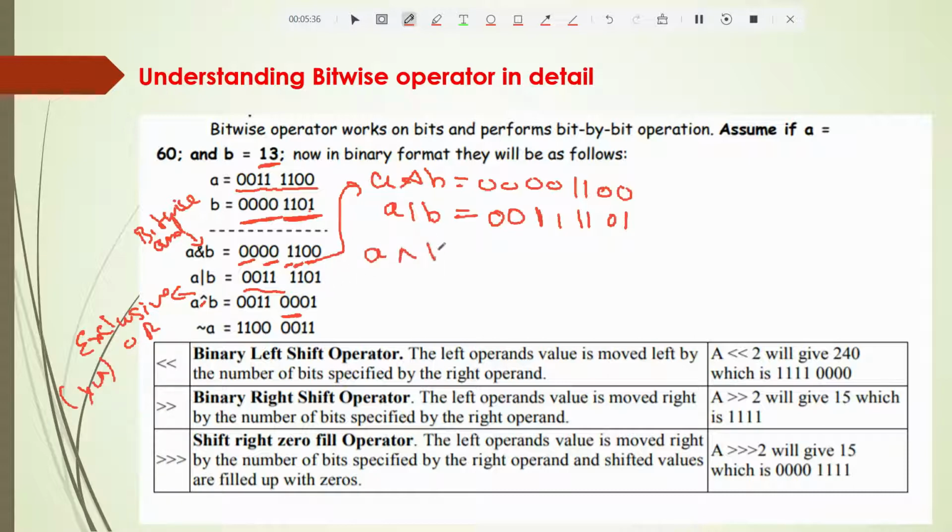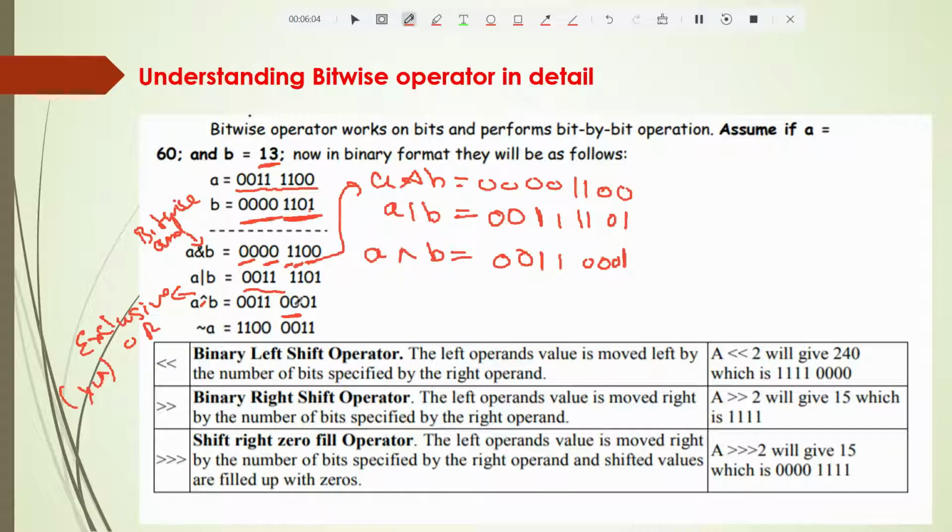So if I write exclusive OR, here I can see this is 0 and 1, so 0 and 1 means it will be 1. Or if 1 and 0, it will be 1. In all other cases, where it is 0 0 or 1 1, simply write 0. Then for A and B you have to see: 1 1 0 0, so this is how your exclusive OR works.